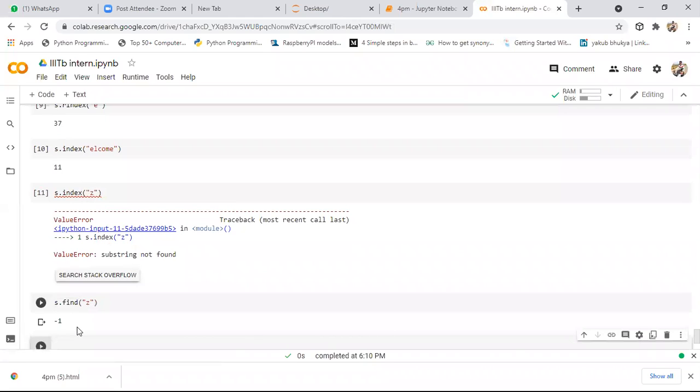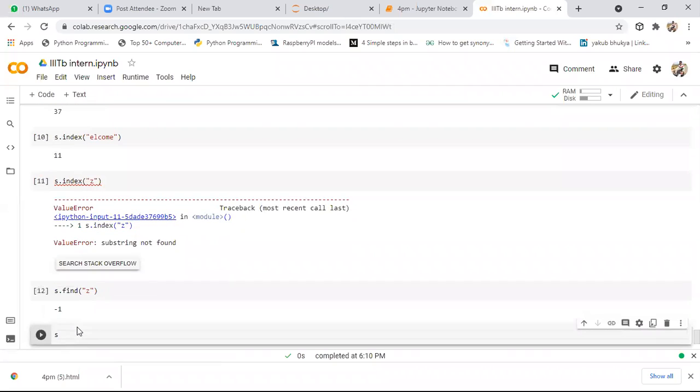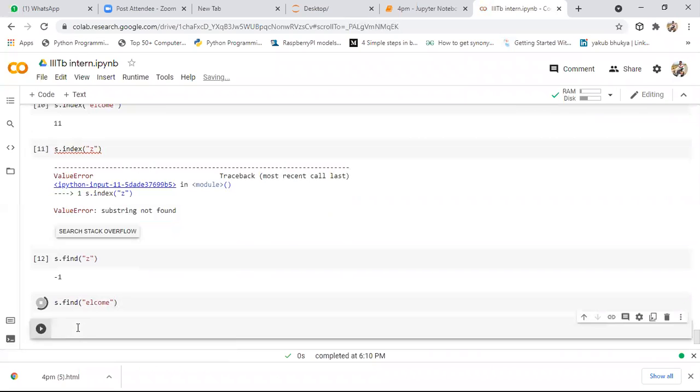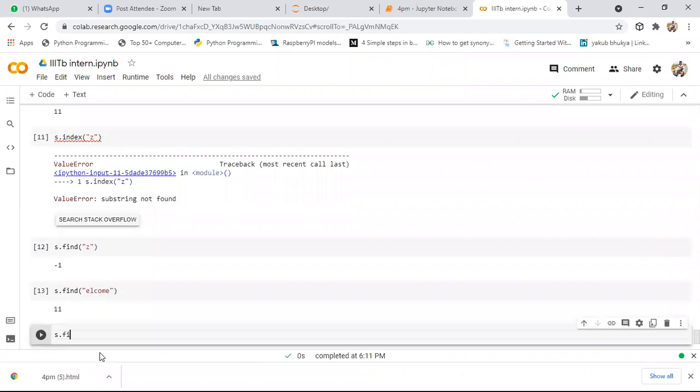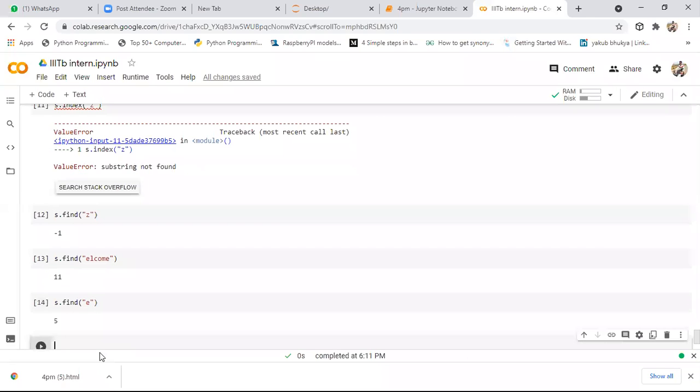In the remaining cases, find and index both work similarly. Let's suppose if you say find of lcom, it also gives the same value, 11. If you say s dot find of character E, it will also work similarly.